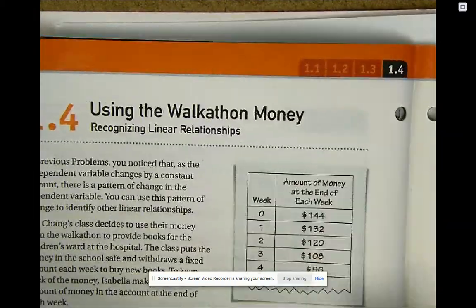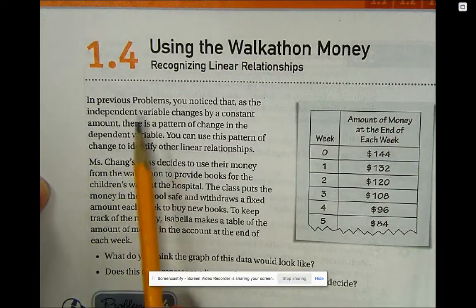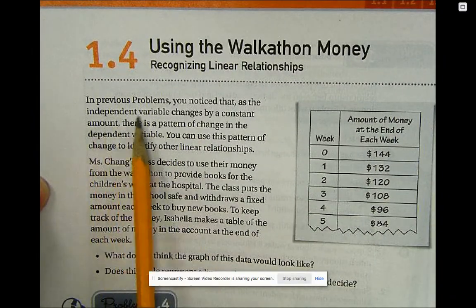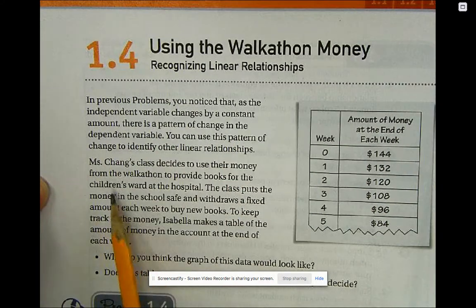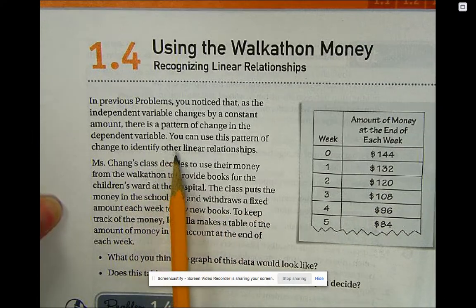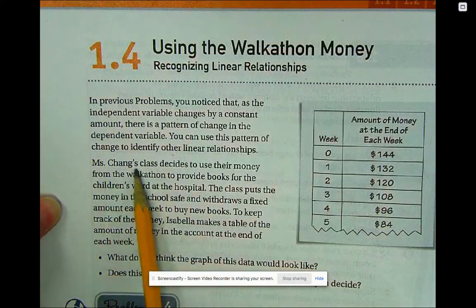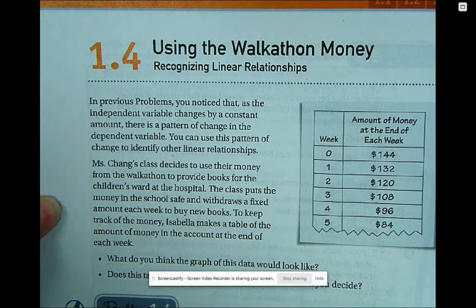Okay, so it says using walkathon money, recognizing linear relationships. In previous problems, you notice that as the independent variable changes by a constant amount, there's a pattern of change in the dependent variable. You can use this pattern of change to identify other linear relationships. Mrs. Cheng's class decides to use their money from the walkathon to provide books for the children's ward at the